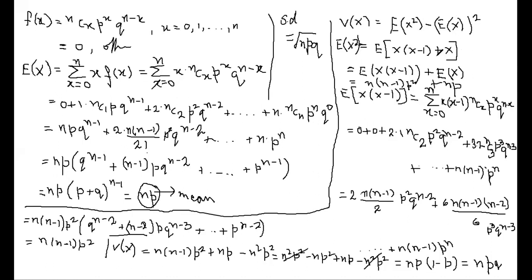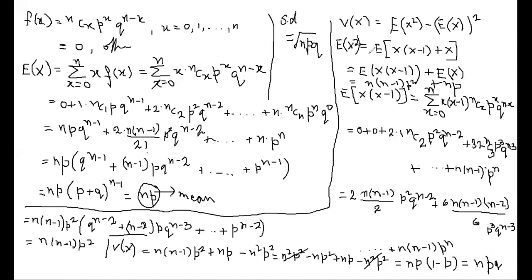And then we have seen that E of x square is again segregated into two parts, that is expectation of x into x minus 1 plus expectation of x. Again this part is known to us, so we are left to evaluate E of x into x minus 1. Following the same procedure as we have done for the expectation of x, we evaluate this summation and got the value n into n minus 1 p square.